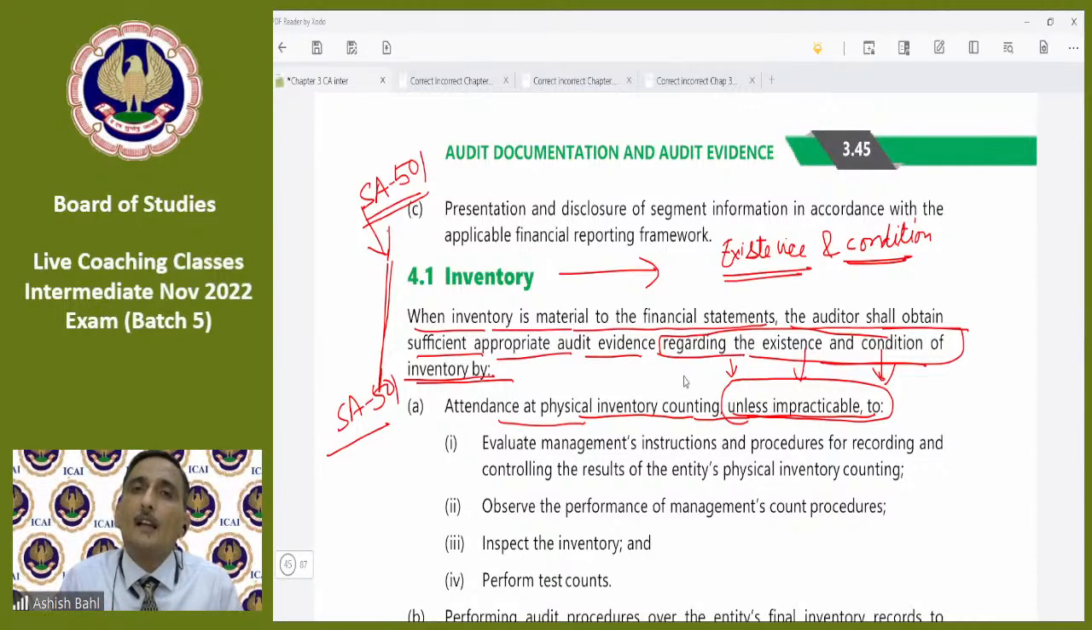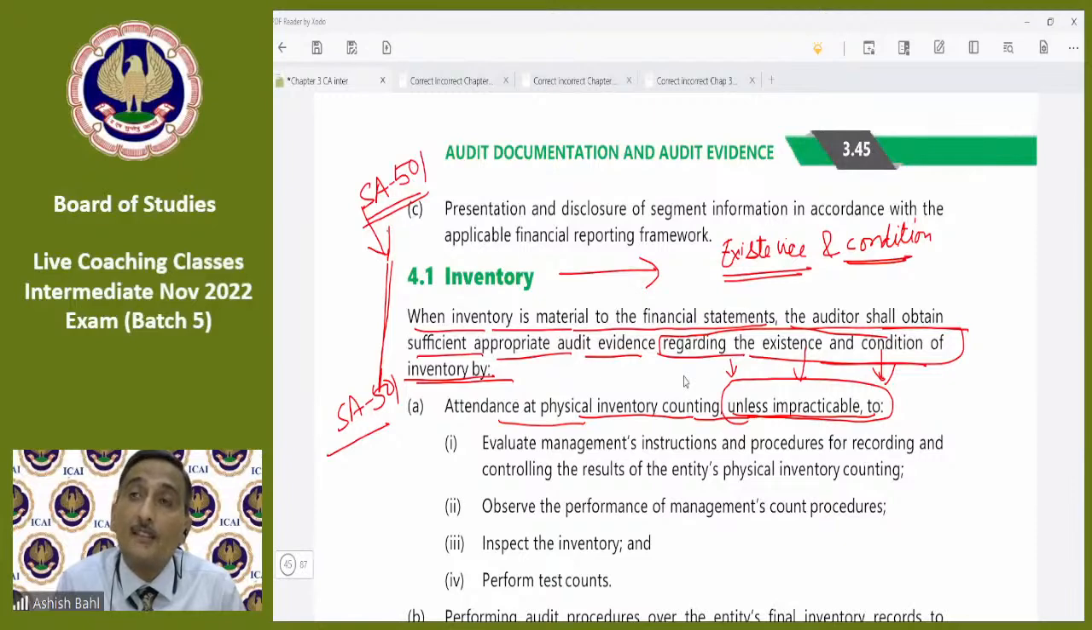Say during the COVID period, it so happened that there was lockdown all over. There were restrictions of central government, state governments, local authorities. So how could the auditor have attended the physical inventory counting, or how even management could have conducted the physical inventory counting in the first place